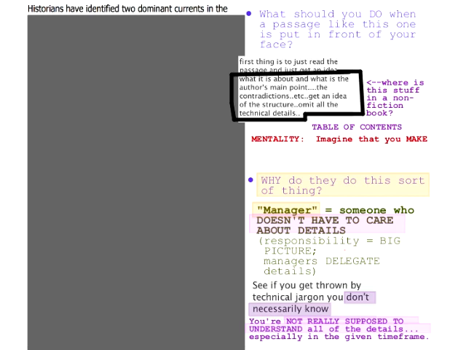So what's a good mentality to adopt here to do the right kind of job that you're supposed to do? The mentality that you want to have is, imagine that you make tables of contents for a living. Like actually for a living, you produce...